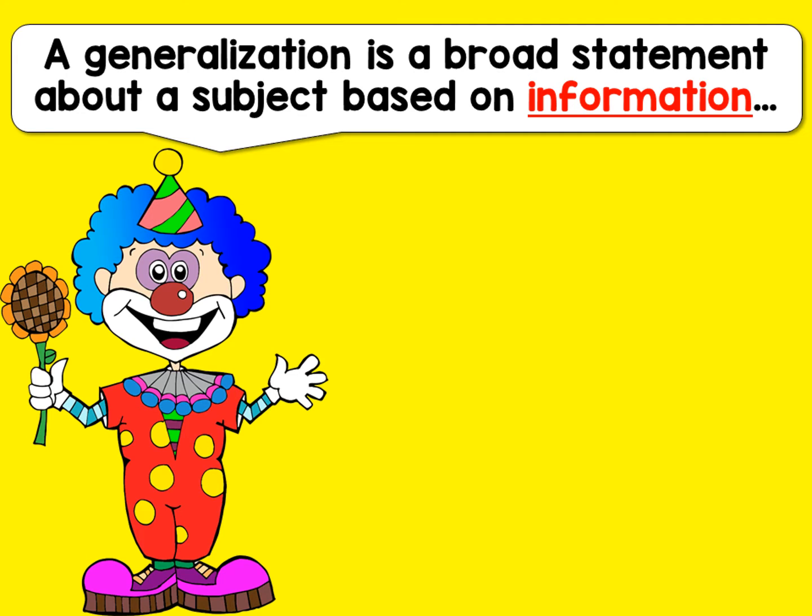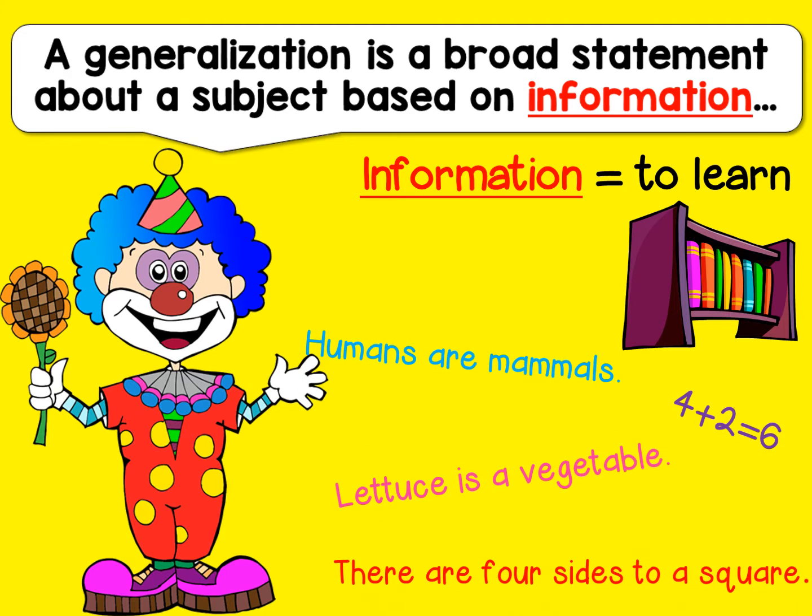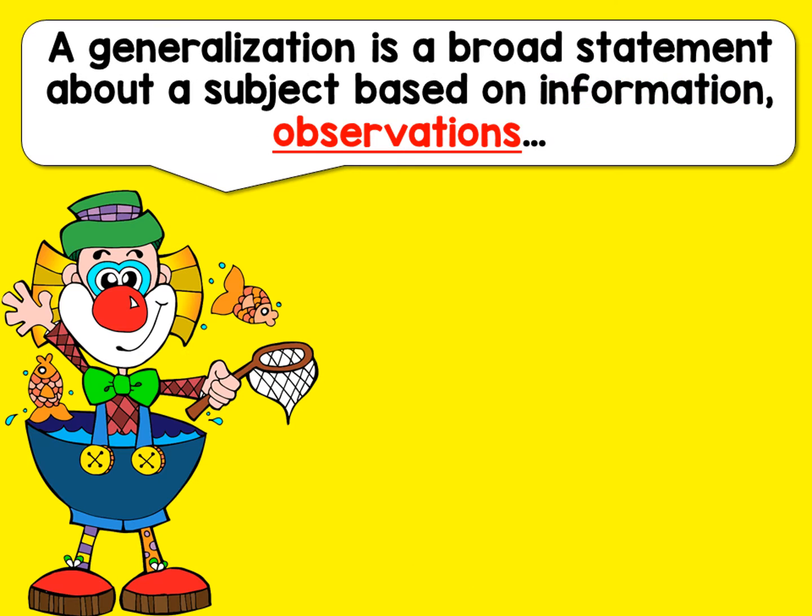A generalization is a broad statement about a subject based on information. Information equals to learn. Humans are mammals. Lettuce is a vegetable. There are four sides to a square. 1 plus 4 plus 2 equals 6. Information. A generalization is a broad statement about a subject based on information,